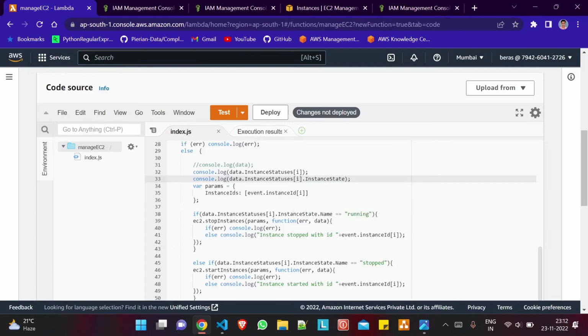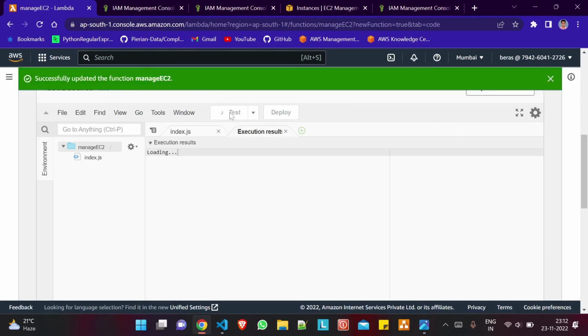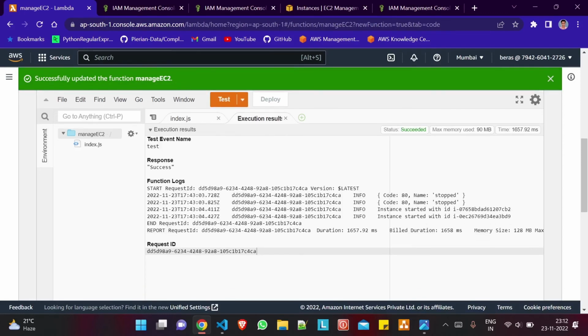Fine. I will comment out this line and click on deploy and test. See here. Now we are getting this instance state. So this is the instance state for the first instance and this is the instance state for the second instance,